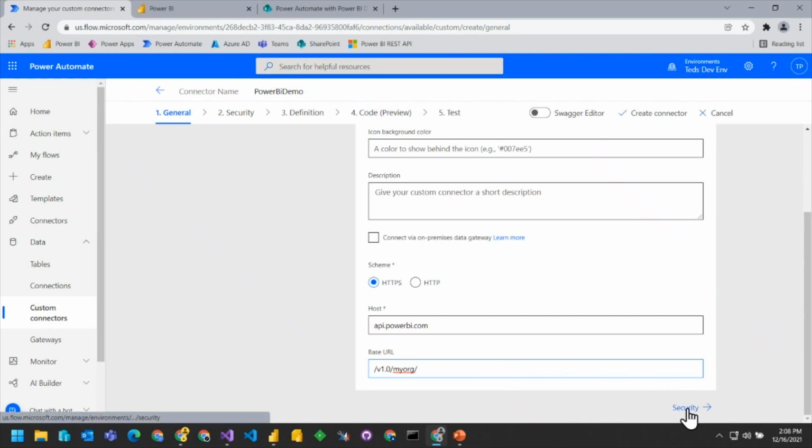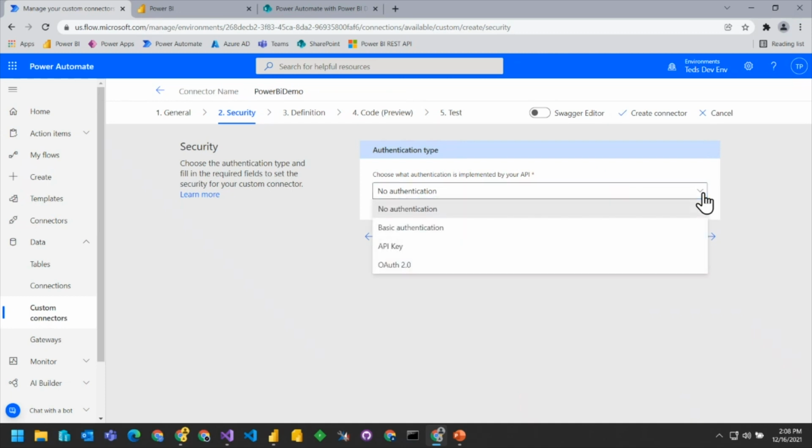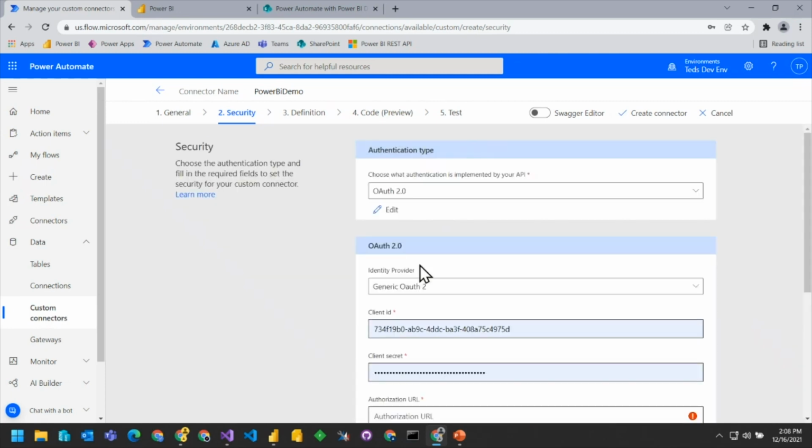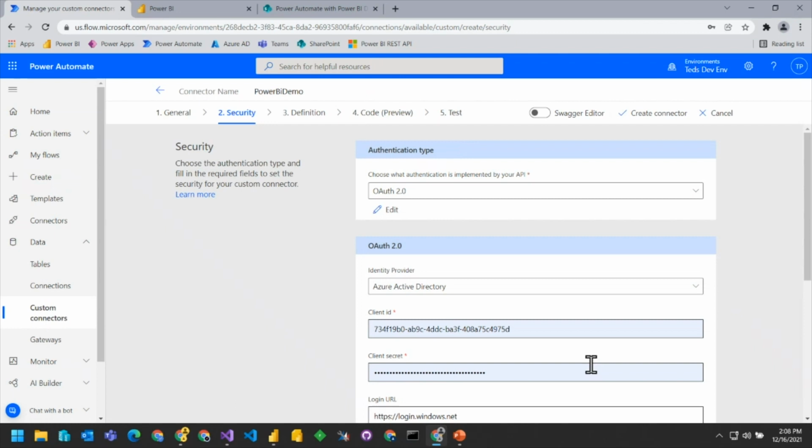Now we're going to go ahead and click Next, and now we get to the Security tab. There are lots of different ways that you can authenticate with a custom connector. Here we're going to use OAuth 2. Once we choose that, we can pick a particular provider, and we're going to choose Azure Active Directory.